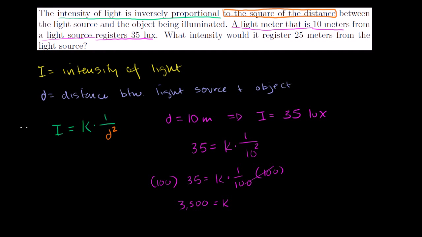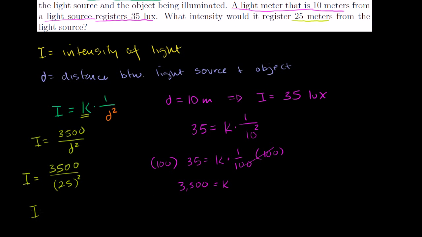So now we know that the equation is the intensity is equal to 3,500, that's k, times 1 over d squared, or you could just write over d squared. Now, they say what intensity would it register 25 meters from the light source? So they're saying d is 25. So intensity is equal to 3,500 divided by 25 squared. Our distance is 25 meters. So the intensity is going to be equal to 3,500